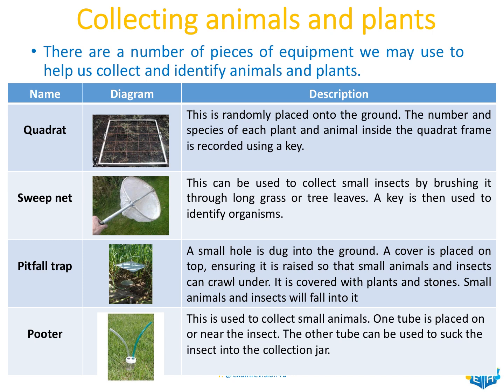Well, here we have 4 different pieces of equipment which can be used. We have a quadrat, we have a sweep net, we have a pitfall trap, and we have a pooter. So we're going to go through each one individually. You mightn't have used them all, but if you haven't, we'll explain now how they're used anyway. So the quadrat, we can see here, it's a square shape. Some quadrats will just have the outer frame. Other quadrats will also have individual squares inside, so it'll be divided up into smaller squares rather than just having